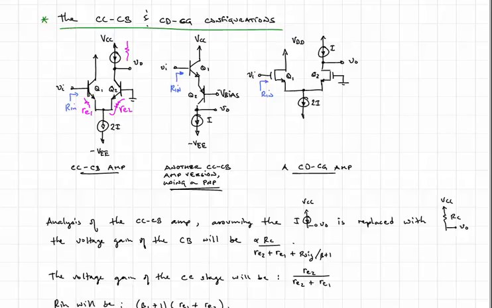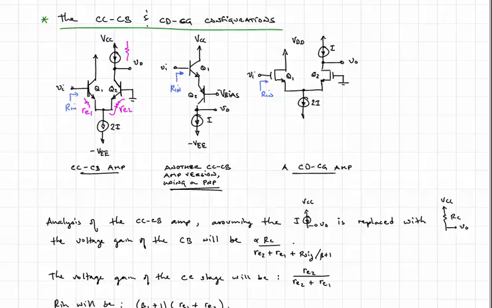And so RE1 and RE2 will be equal, and they will be equal to V thermal over I. So, for instance, if 2I was 2 milliamps, then we would have 25 ohms for RE1 and 25 ohms for RE2. If beta was 200, then we would have an input resistance of approximately 200 times 50 ohms, which would be 1 kilo ohm. Not very high, but another characteristic of this amplifier is that VI, the quiescent